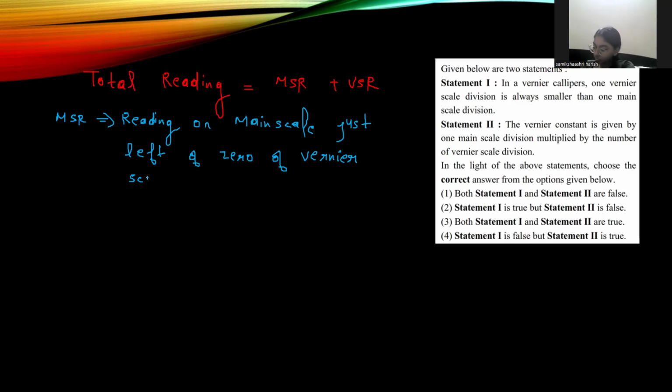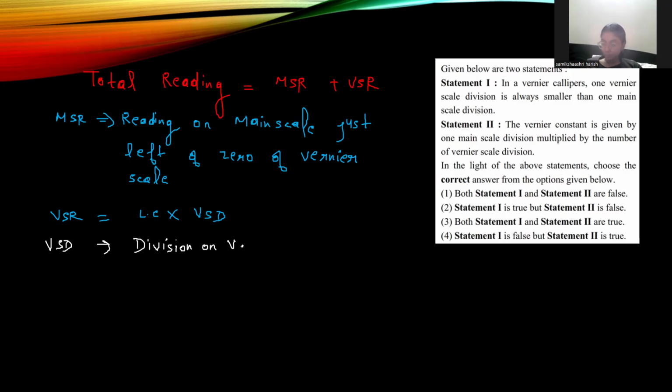All right. Is it clear? What is VSR? VSR is the vernier scale reading. That is the least count multiplied by VSD. What is VSD? I will explain. Write it down. LC is the least count, you know that. VSD is the division on the vernier scale